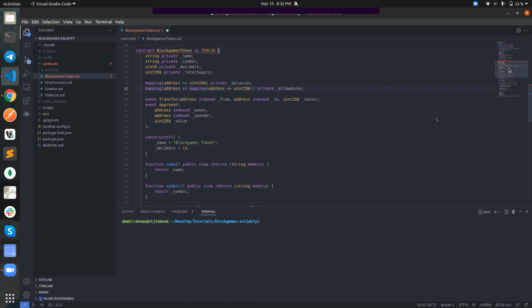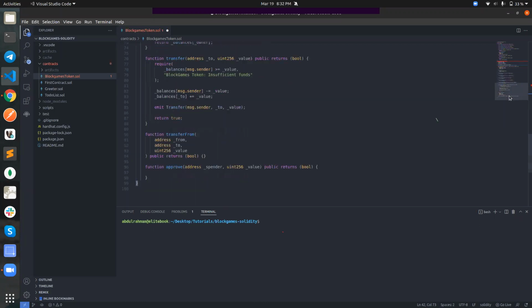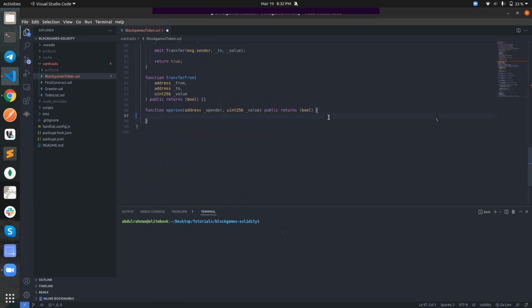That's basically what that does. So all we are going to be doing here is saying the allowances. Okay, first let's even check whether the person that's approving the